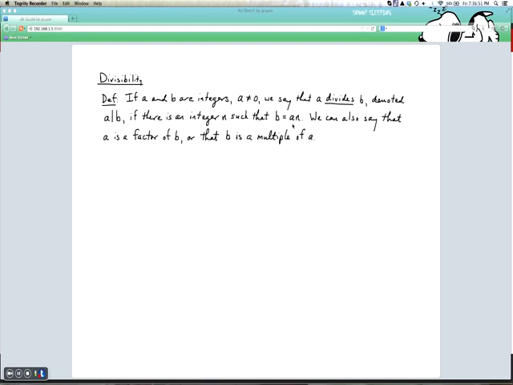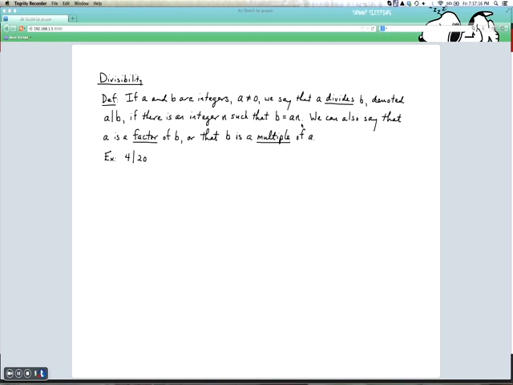And that's pretty obvious if you look at this, right? What we're saying is b is a multiple of a. We've taken some integer amount of a's and gotten the b. So let me underline multiple, and I will also underline factor. Okay. So, for example, we can say that